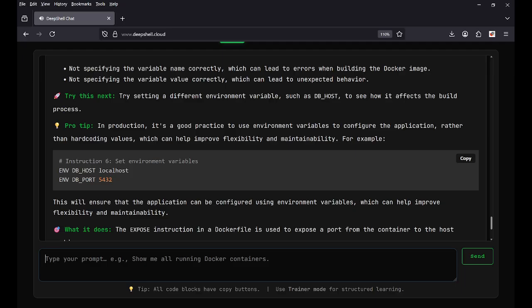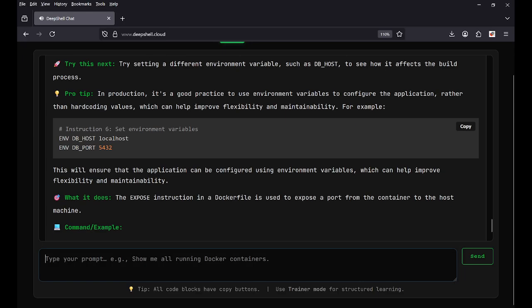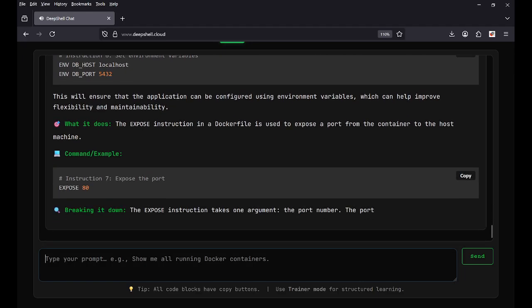Pro tip. In production, it's a good practice to use environment variables to configure the application, rather than hard-coding values, which can help improve flexibility and maintainability. For example, this will ensure that the application can be configured using environment variables, which can help improve flexibility and